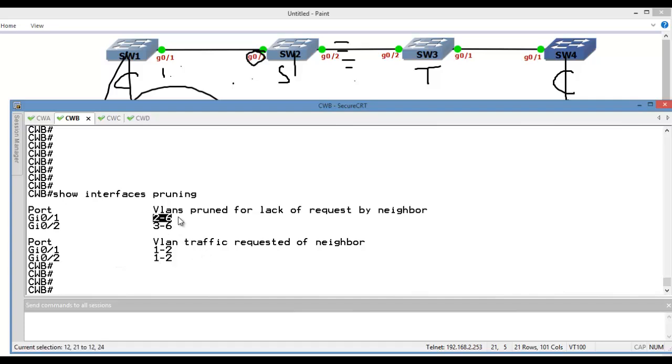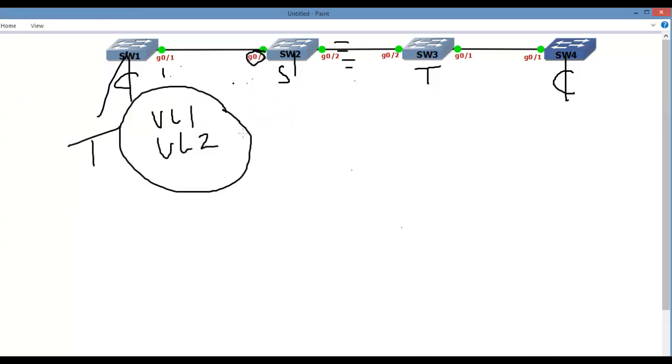So VLANs 2 to 6 are pruned, only VLAN 1 is allowed. So traffic-wise, there should be VLAN 1 only, but it will take some time to converge. So we can now understand VTP pruning. Sometimes you can enable VTP pruning manually, since this is automatic. And when you need to enable VTP pruning manually, let's see,